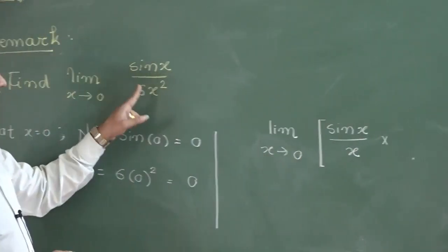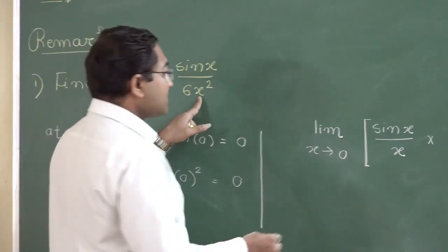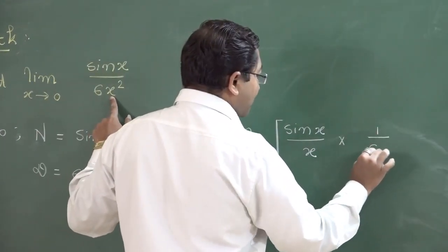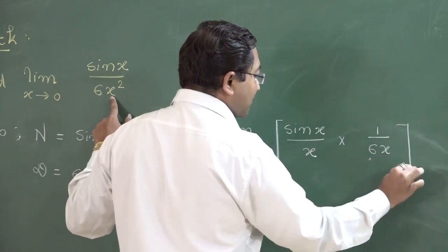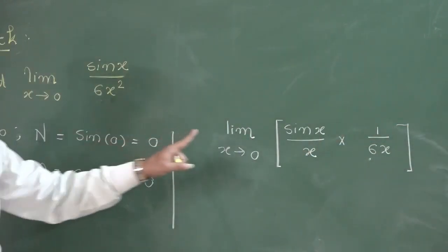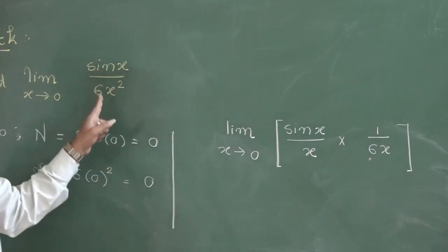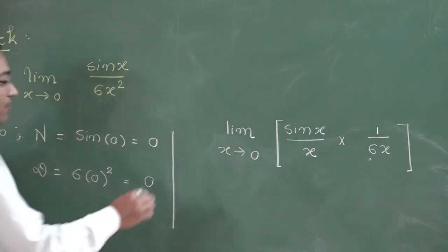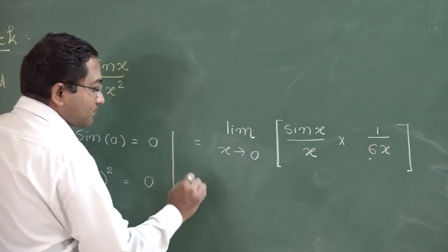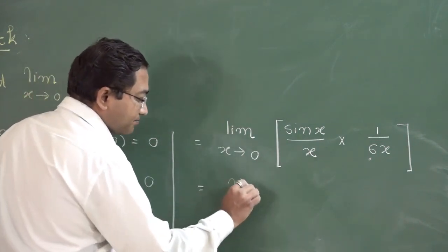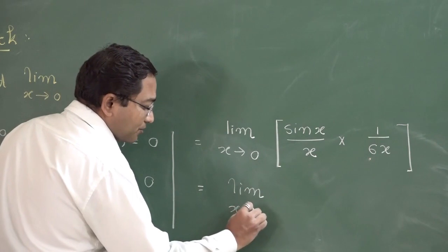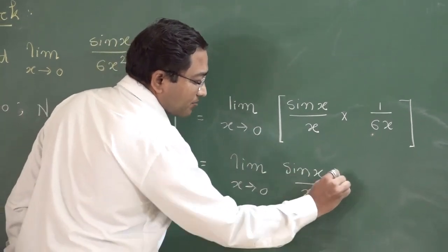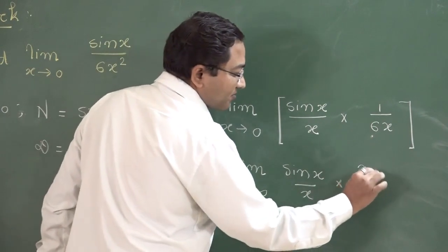The given function is divided into two parts. Sin x into 1 is sin x, x into 6x is 6x square. So that is equal to limit x tends to 0 of sin x upon x multiplied with